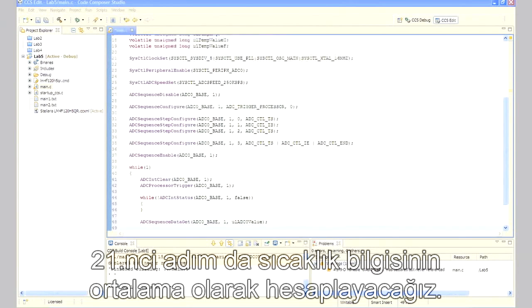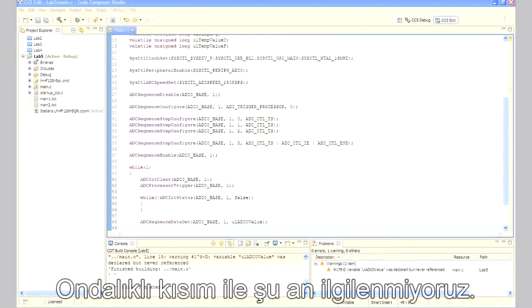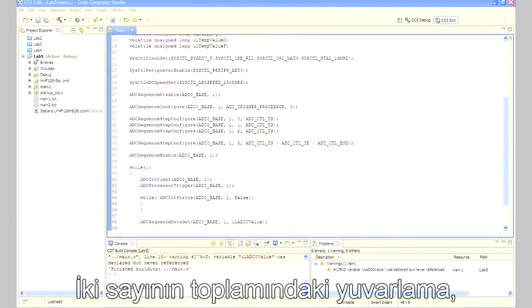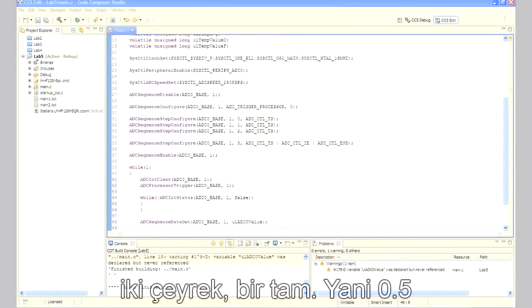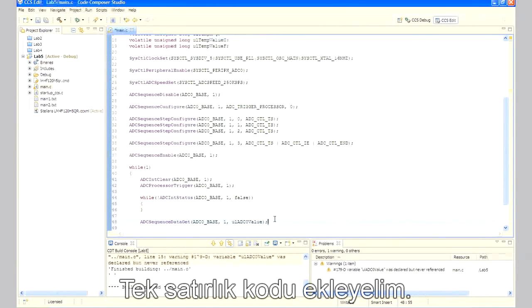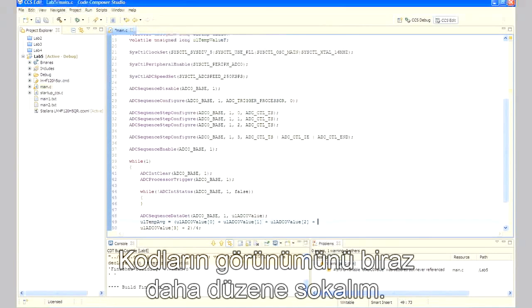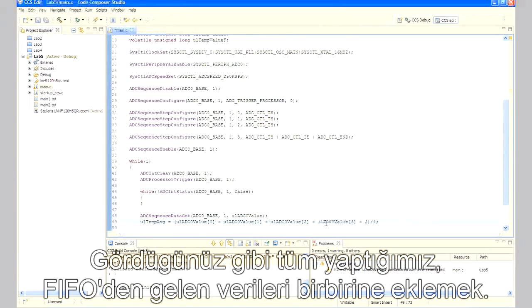In step 21, we want to calculate the average of the temperature sensor data. We're going to cover floating point operations later, so we're going to make this math fixed point. The addition of 2 here is for rounding, since 2/4 equals 1/2 equals 0.5. 1.5 gets rounded to 2 with the addition of 1/2, and so on. So add this single line. Sorry, it looks a little strange, but it's a single line of code after the last line. You may need to reformat that a little bit in the window. Very nice. So you can see all we're doing is adding together each of the values that we brought in